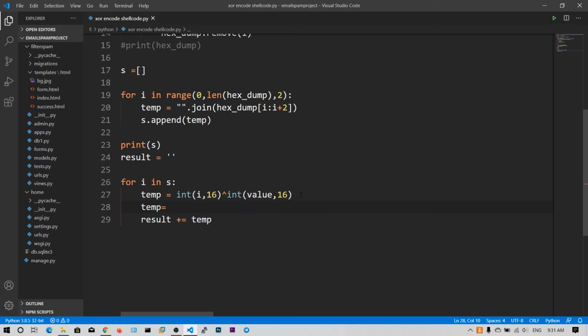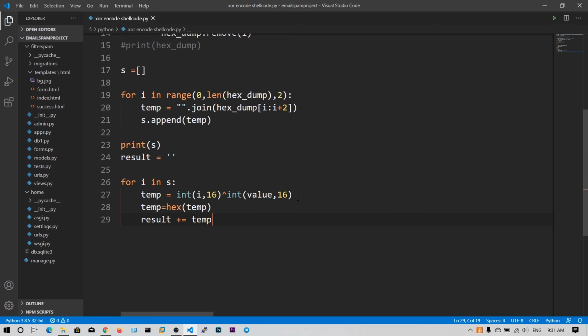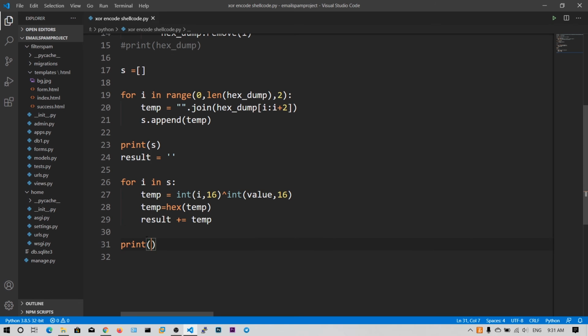Temp is equal to hex of temp. So now the XOR has been completed here, and then we converted the integer result into hexadecimal, and then appended it to the string. Now let's print this result.